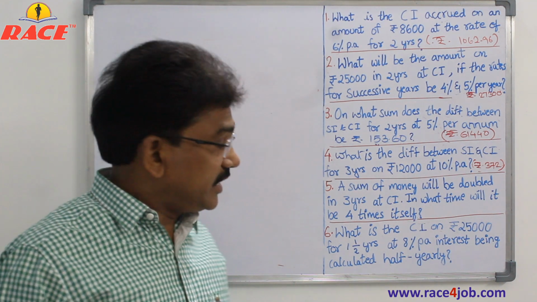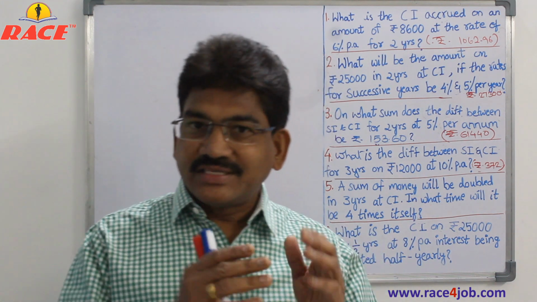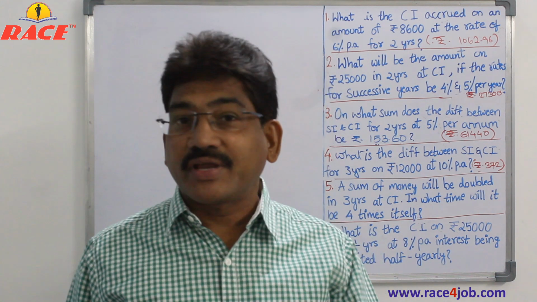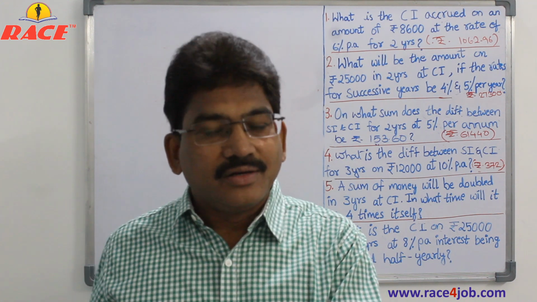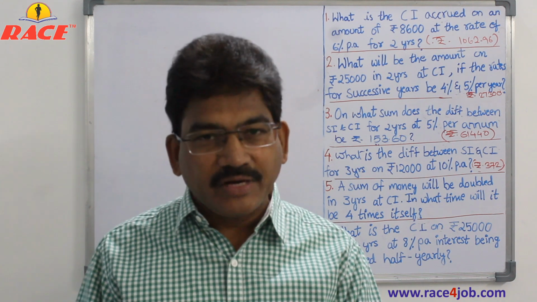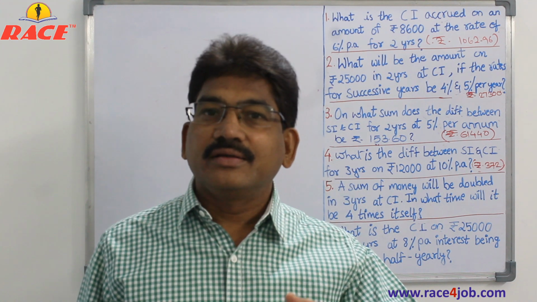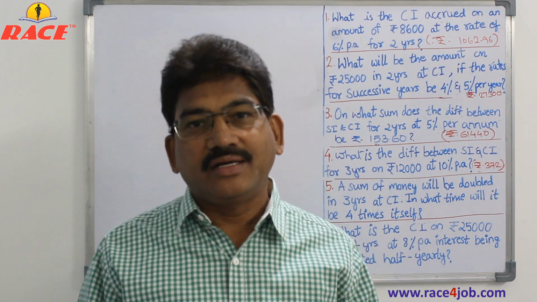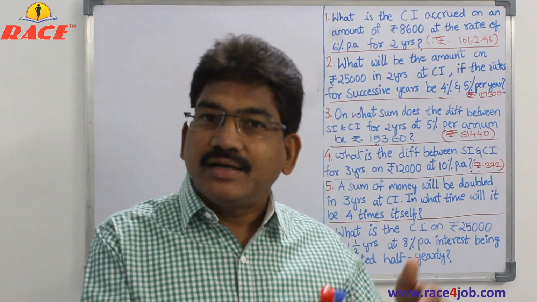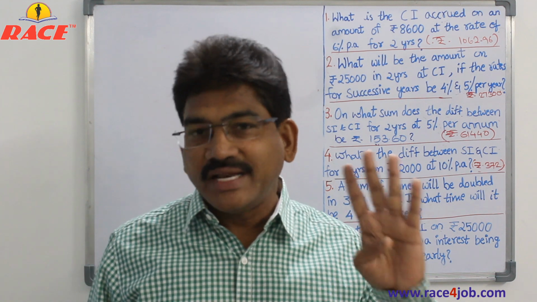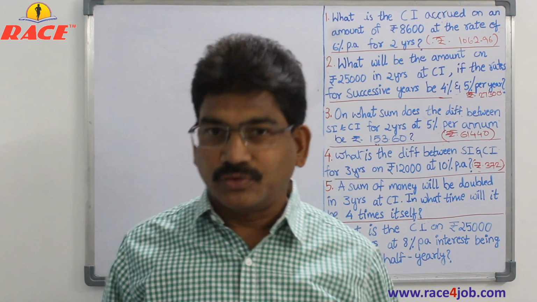And what about the time? What about the rate of interest? If it is 10% rate per annum, if it is a year, it is 10%. But if we calculate half yearly, that becomes half only, 5% only. If we calculate quarterly, 1/4, that becomes 2.5% only. So if we calculate half yearly, 2 times we have to calculate interest, but the rate of interest will become half. Similarly, if we calculate quarterly, 4 times in a year we are calculating, and the rate of interest becomes 1/4 only.